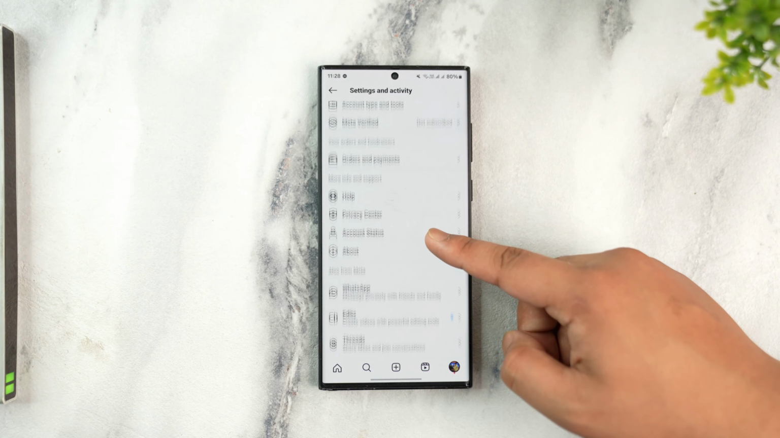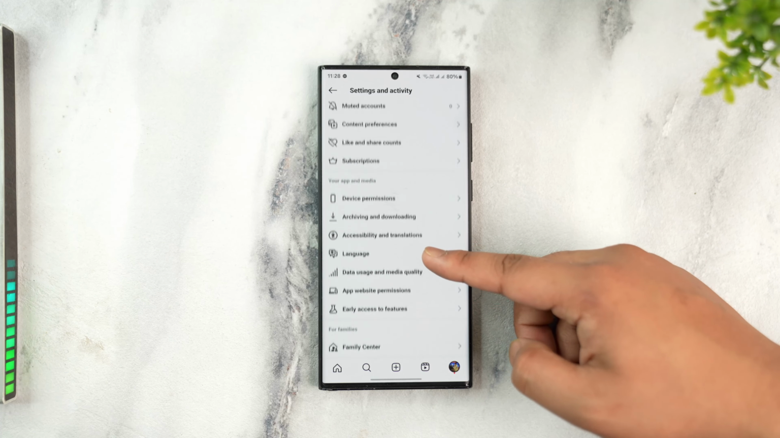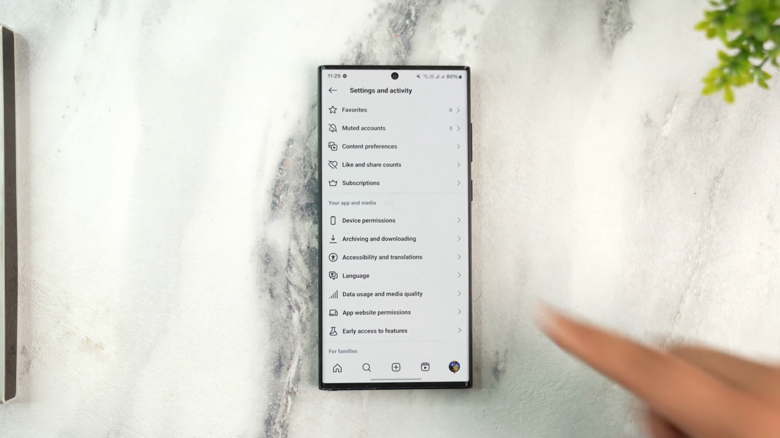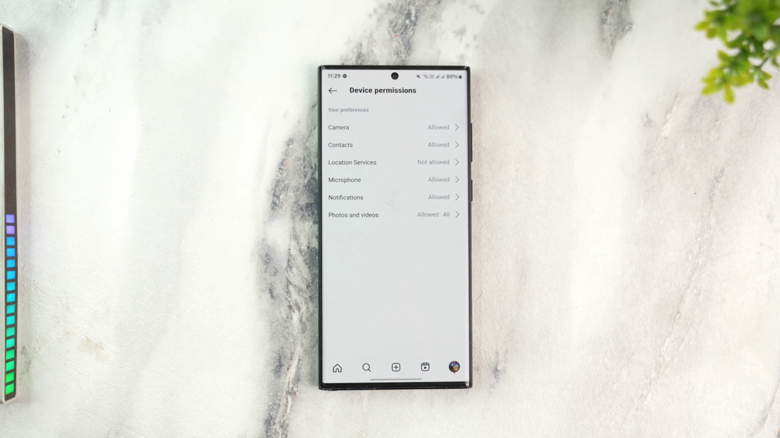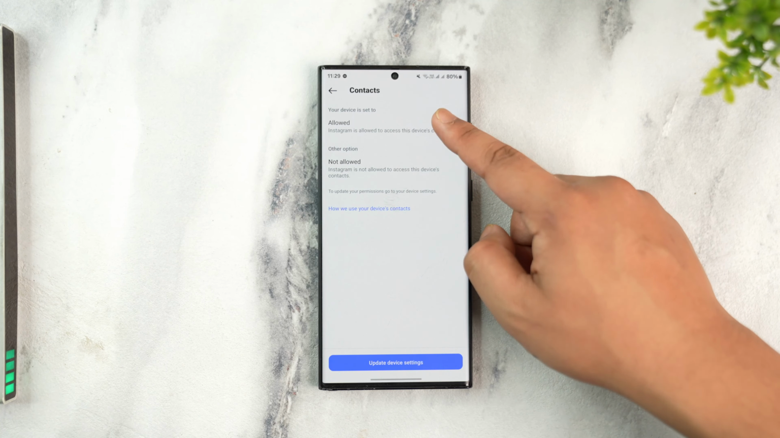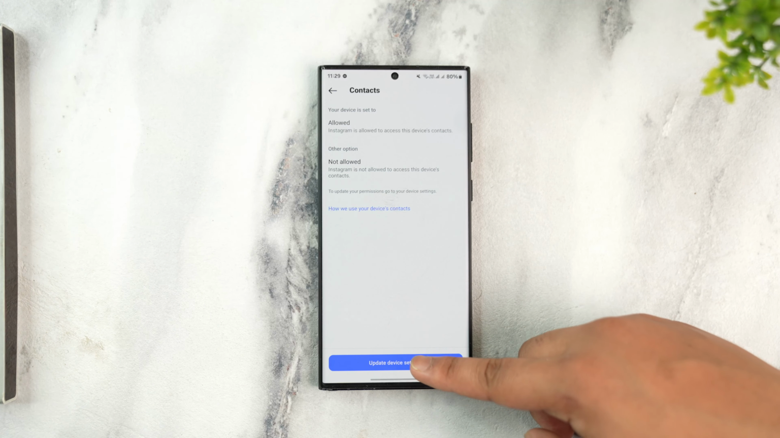from here you'll see many options. We simply have to look for an option that says device permissions and then tap on device permissions. Over here you'll find the option called contacts. So if you've allowed your contacts access, make sure to set this to allow, but you can also set and